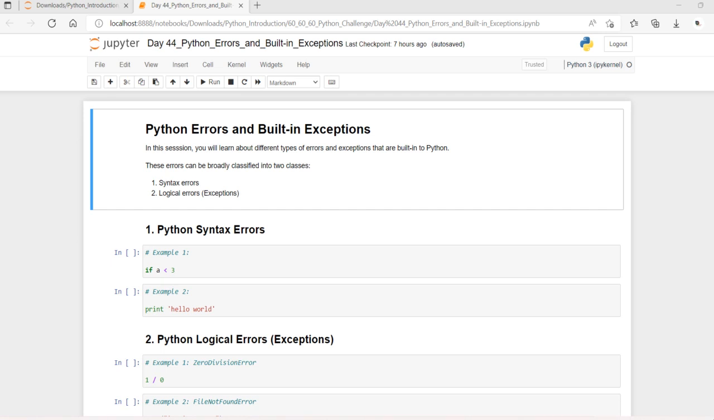Today we are just going to discuss Python errors and built-in exceptions. There are different types of errors and exceptions that are built into Python. They are raised whenever the Python interpreter encounters errors. We can make certain mistakes while writing a program that lead to errors when we run it. A Python program terminates as soon as it encounters an unhandled error, and these errors can be